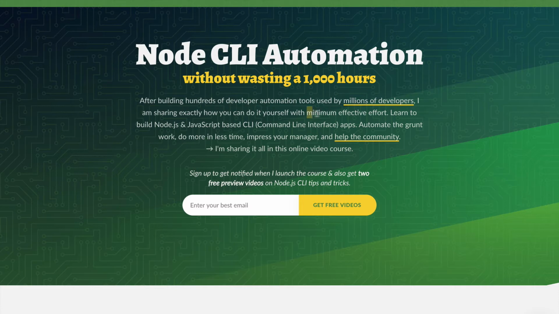I'm going to teach you the minimum effective effort that you need to put in to create Node.js JavaScript based CLI automation dev tools. So you are not going to be wasting a lot of time figuring out how to automate something. You will be actually building production ready dev tools that you can open source and maintain, so that you can improve workflows for not only yourself, but also for a lot of developers in your community. I'm actually really excited. I can't wait to try out what the developers who are going to take this course are going to build.